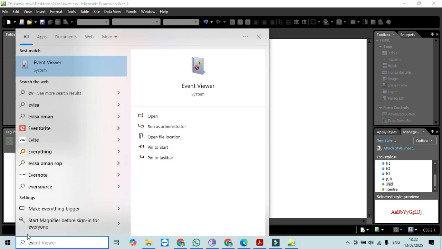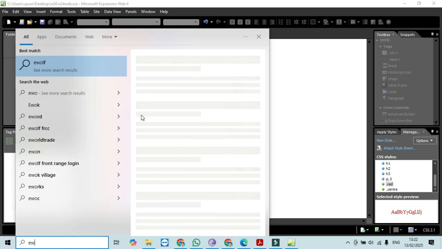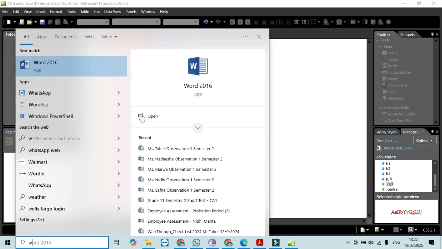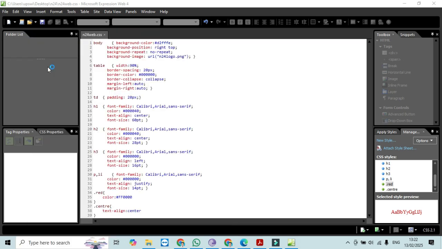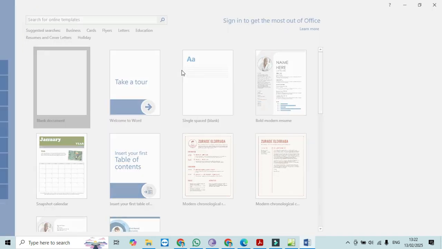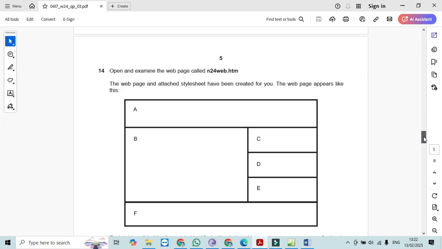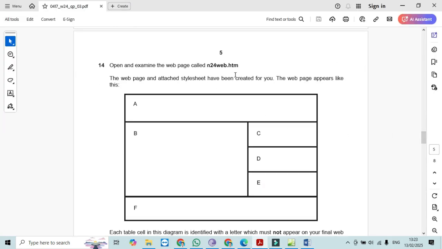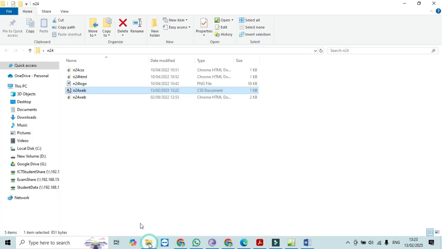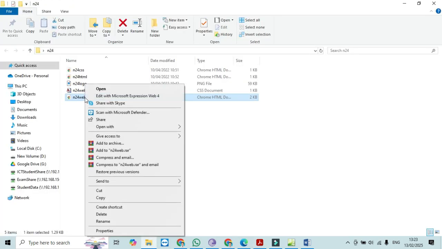Now I click on save and I will open and create one evidence document. So I will just open the Word and we'll have a screenshot of our style sheet. This is how it should be. And now the next step is to start creating and opening the web page into the web browser. So we right click on this web page as they mentioned with the name N24 web, right click, open it